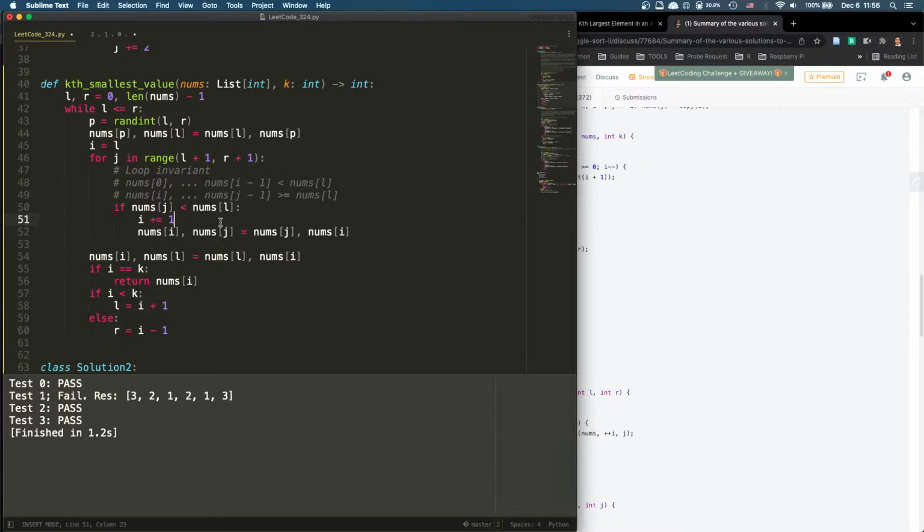So basically, this is not right. So everything from left to I is smaller or equal to, and from I plus 1 to J minus 1 is going to be larger than. So every time we find a value, if it's larger, then we just keep moving, doesn't matter. If we find someone that's smaller,